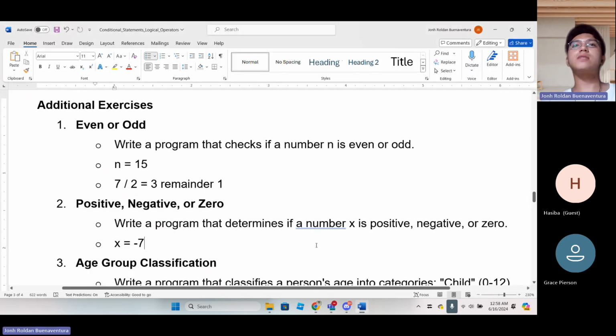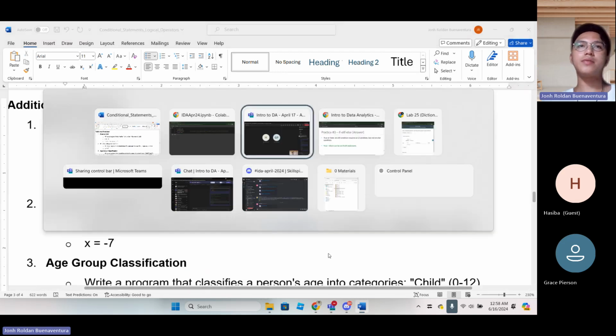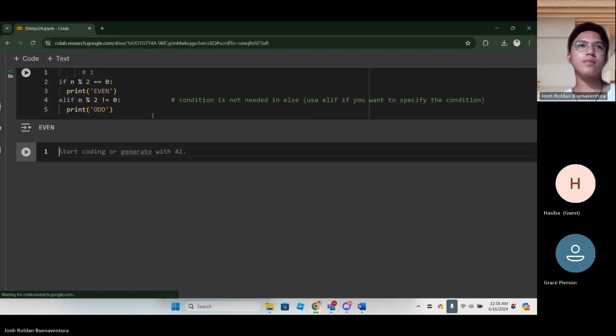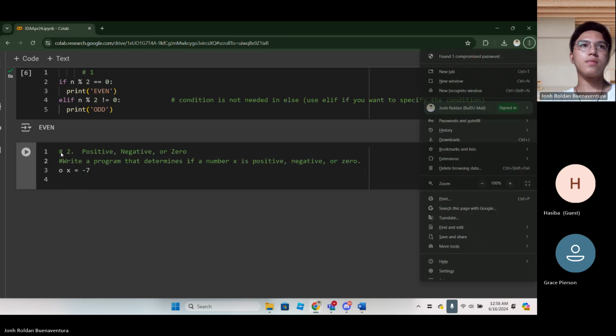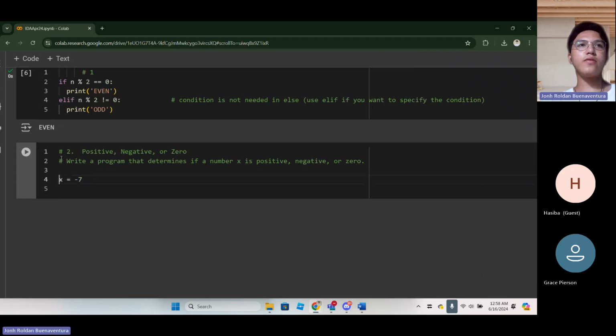Testing if the number is positive, negative, or zero, with the initial value of x is -7.